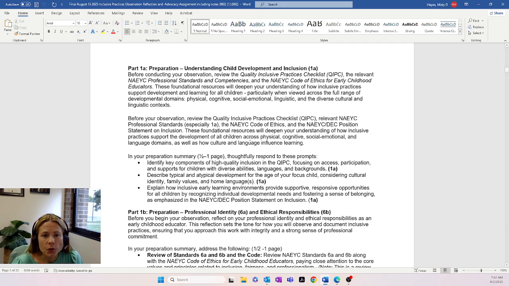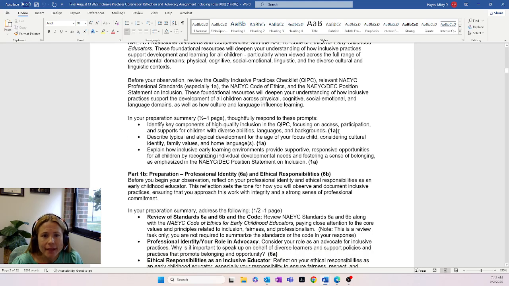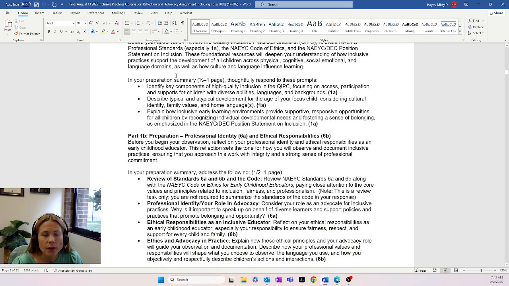Now, before you observe, like I said, you're going to review those three things. And then you are going to write a summary. Now, your summary doesn't have to be really, really long. It's only going to be a half a page to 1 page. Now, I gave you some prompts that I really want you to think about and focus on when you're writing your summary. You're going to identify the key components of a high quality inclusion in QIPC, focusing on access, participation,